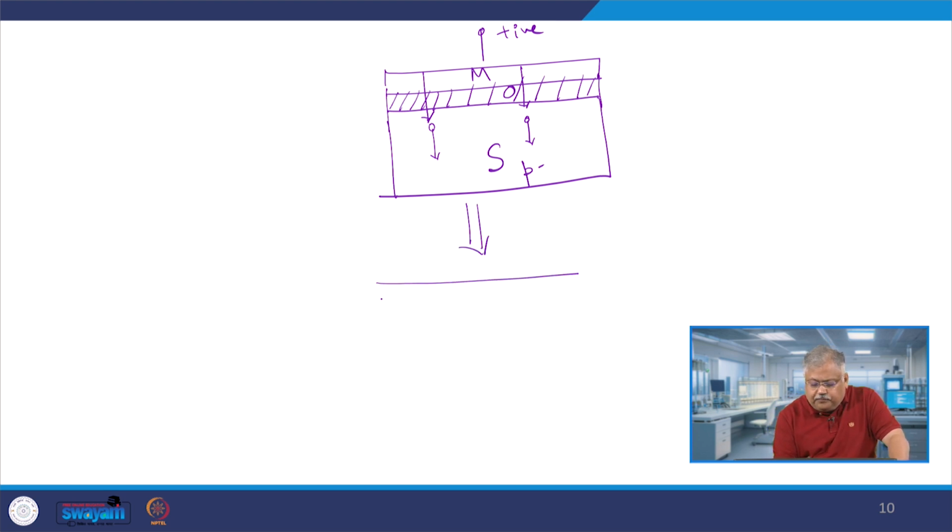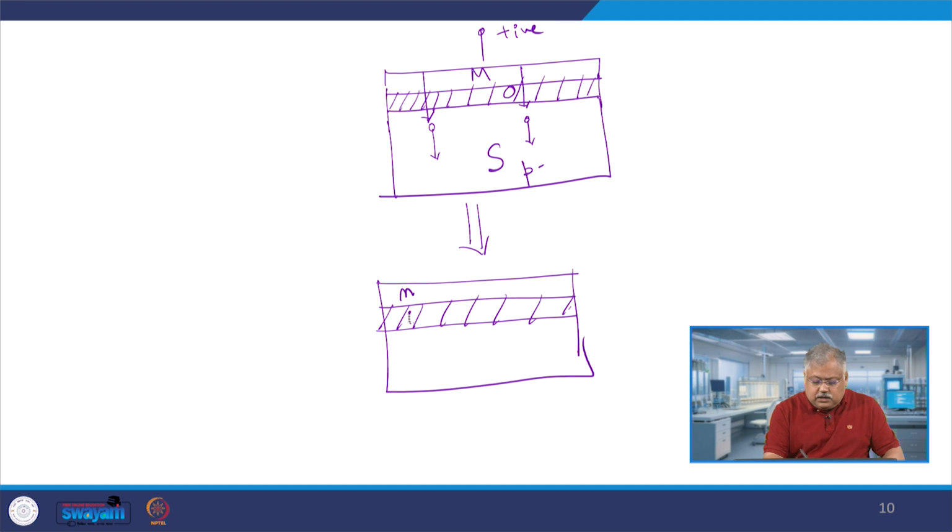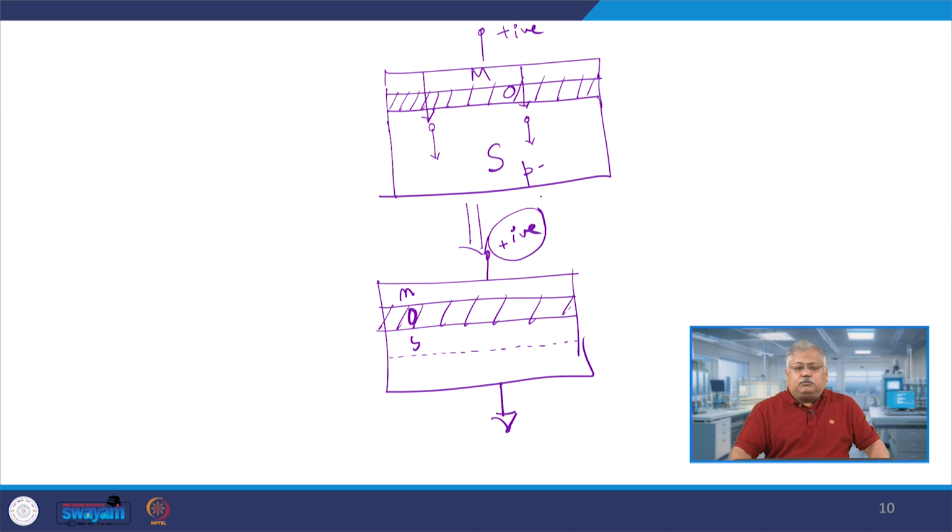Let me redraw it for you. I have a metal, an oxide layer, and then this semiconductor. Since I have applied a positive bias here, and let us assume that my substrate is grounded, there is an electric field going from top to bottom, and I am 100% sure that there will be a depletion region which will lie somewhere like this, right? And as you make the voltage more and more positive, this depletion width thickness will go on increasing. It is exactly like a reverse bias